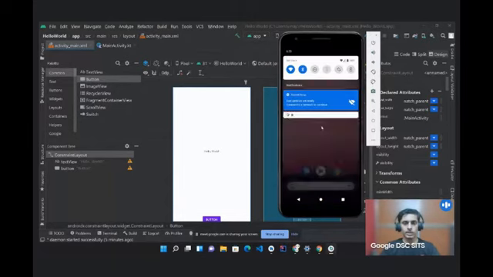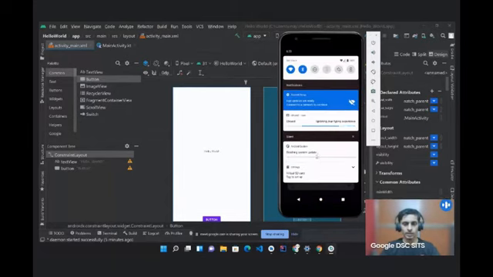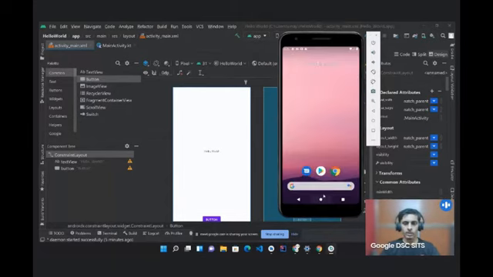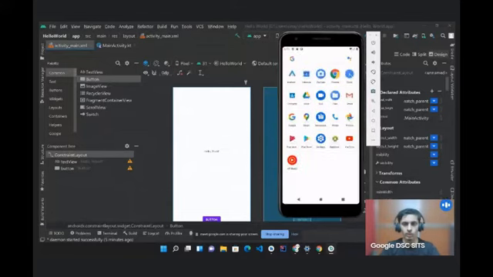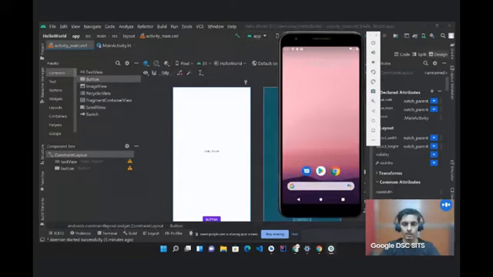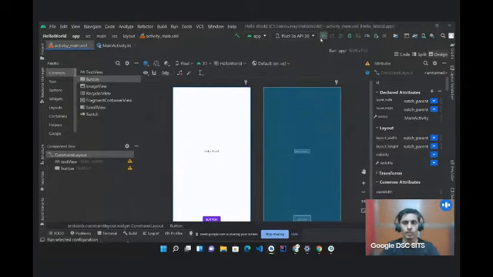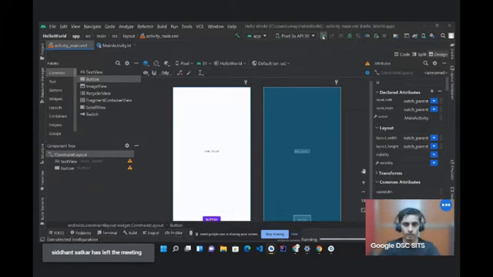So as you can see, this is the Android virtual device. It is just like your physical phone, but you are looking at it on the laptop. You can do whatever you can do on your phone here, like testing your apps. For testing your apps, you have to click on this. This will compile your project and install the app on your Android virtual device. So let's try it.